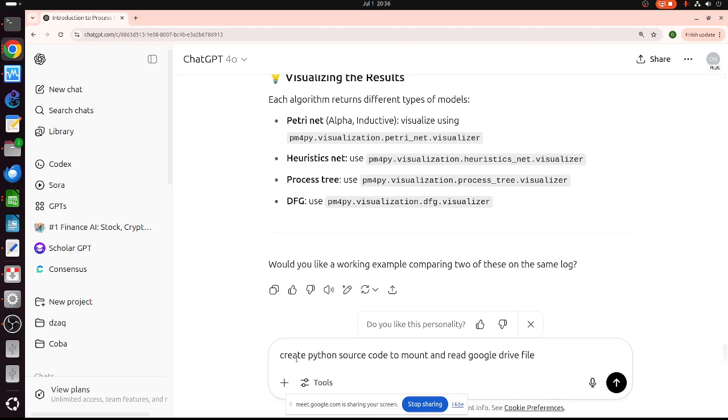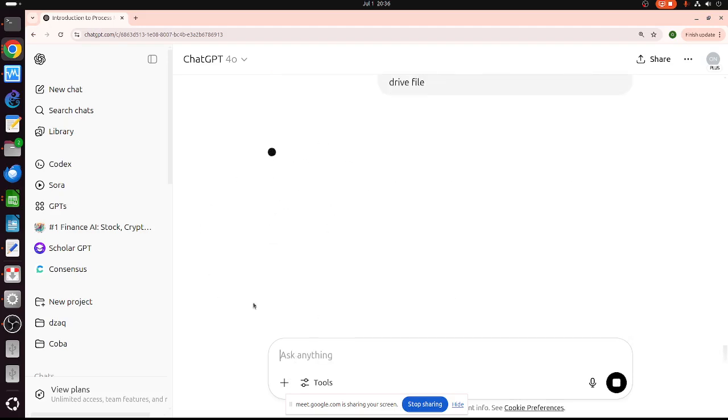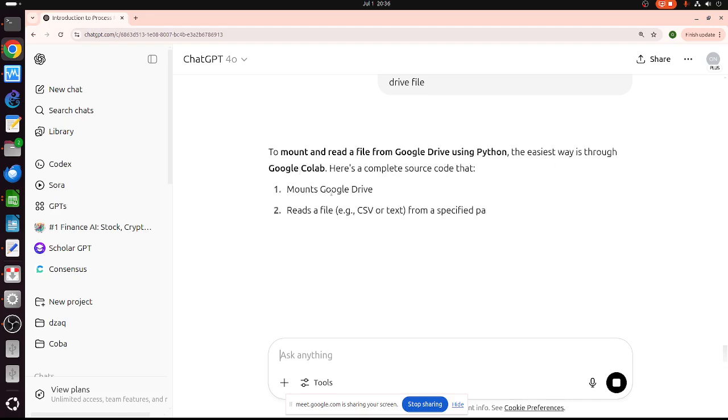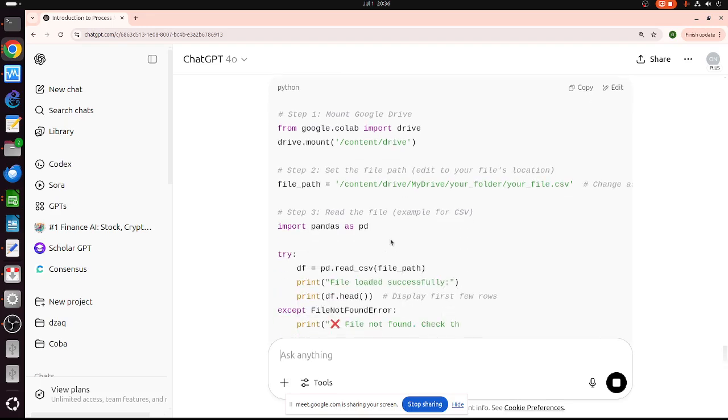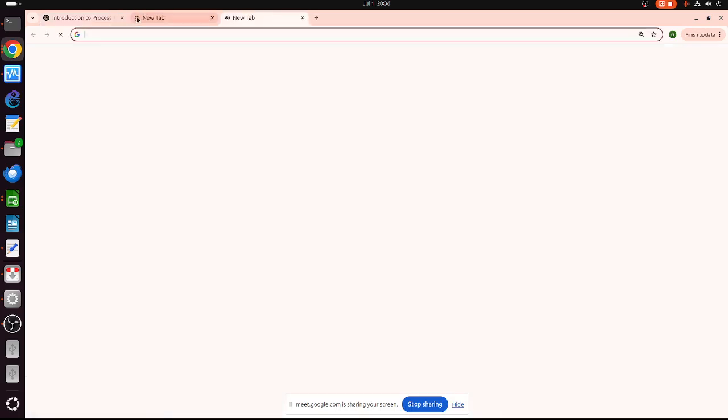Okay, let me see if I can use Google Colab to read the file. Okay, I will do these things. Okay, so I will generate the